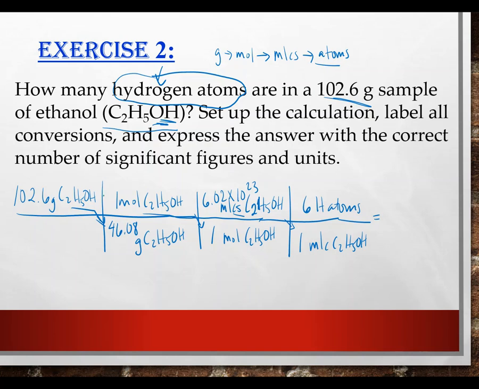All right, so now we're going to cancel grams with grams of ethanol, the moles of ethanol with the moles of ethanol, the molecules of ethanol with the molecules of ethanol. And now we're left with atoms, which is what we wanted anyways. Looking at significant figures over here, we have 1, 2, 3, 4. So that means our answer will need to have 4. So we multiply the 102.6 times the 6.02 times 10 to the 23rd times the 6 on the top. Hit enter and then divide by your 46.08. You should end up with